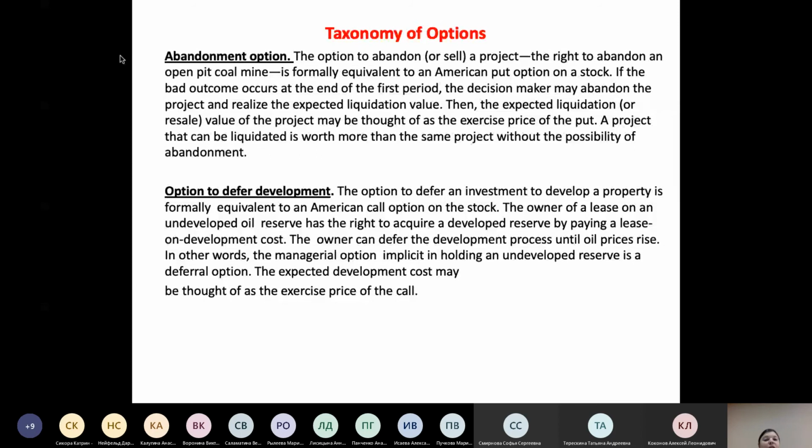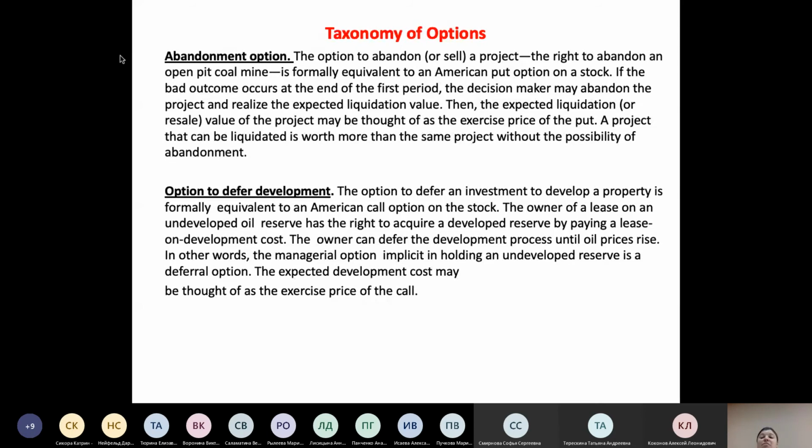Certainly, the call option, the put option, the American style and the European style will be met in the context of real options. But I can't claim our classification of real options is very strong, very ended, very defined. Perhaps analyzing our company's activities, we can find other kinds of real options.